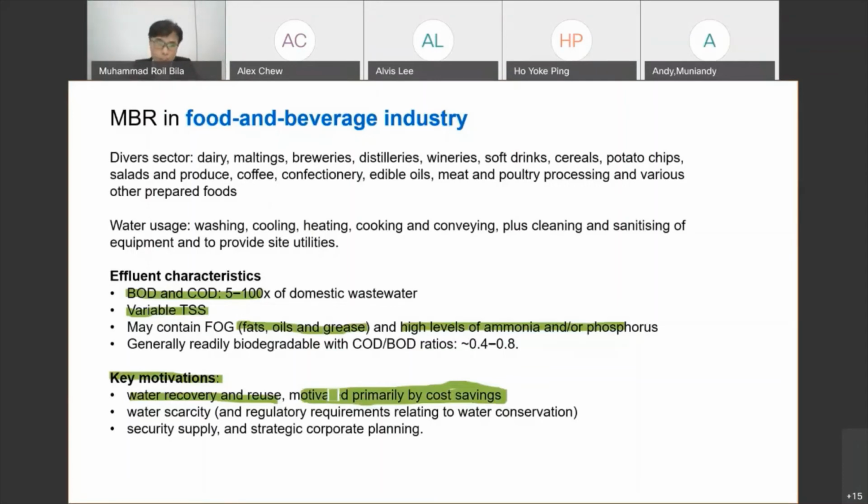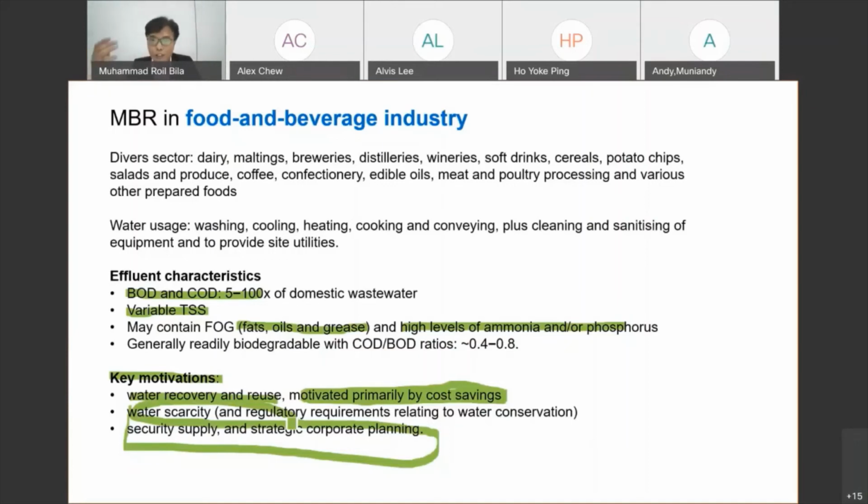So it's very attractive. Some of the industries are limited on the amount of water they can buy from the grid. And some of the industries also think about the security of supply. What happens if suddenly, like the problem with the Selangor water the last few weeks, they don't produce water, so basically you cannot run your plant and you stop the operation. So yeah, for the reason of security,